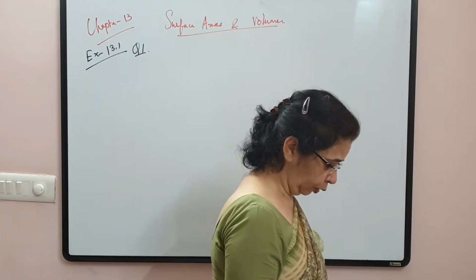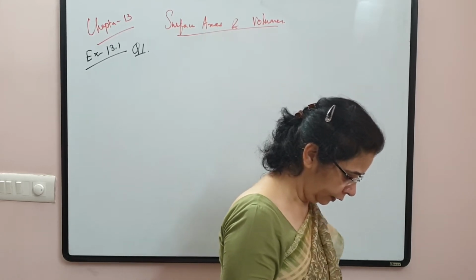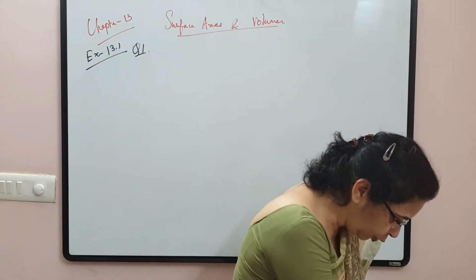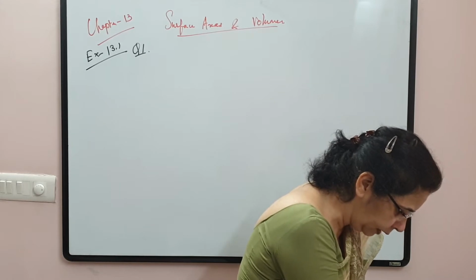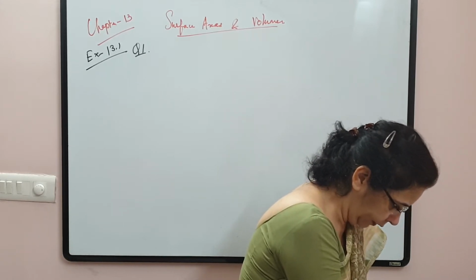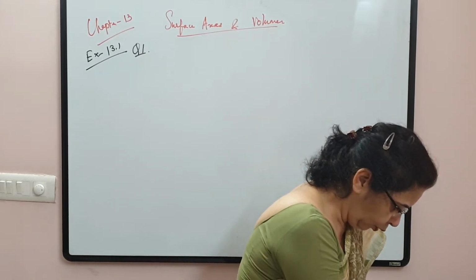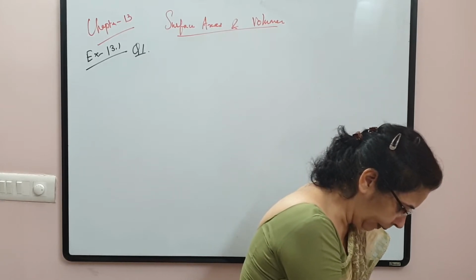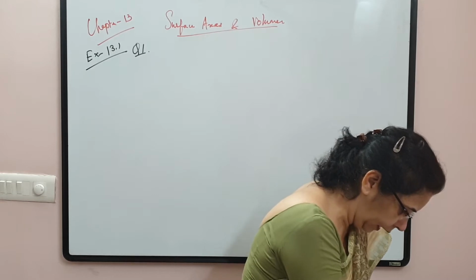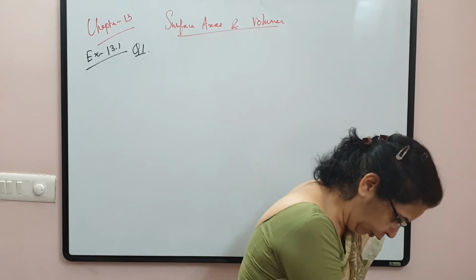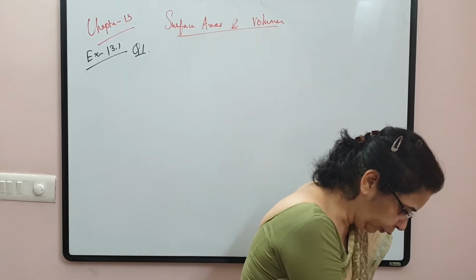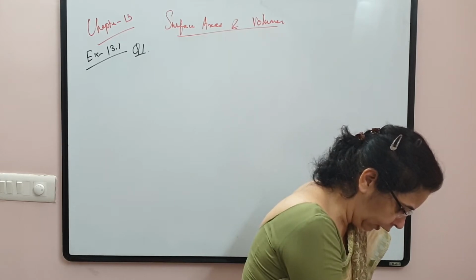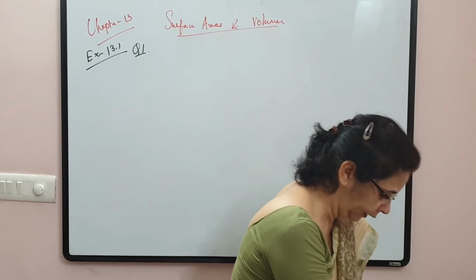A plastic box, children, 1.5 meter long, 1.25 meter wide and 65 centimeter deep is to be made. It is opened at the top. Ignoring the thickness of the plastic sheet, you have to determine the area of the sheet required for making the box, and the cost of sheet for it, if a sheet measuring 1 meter square costs rupees 20.